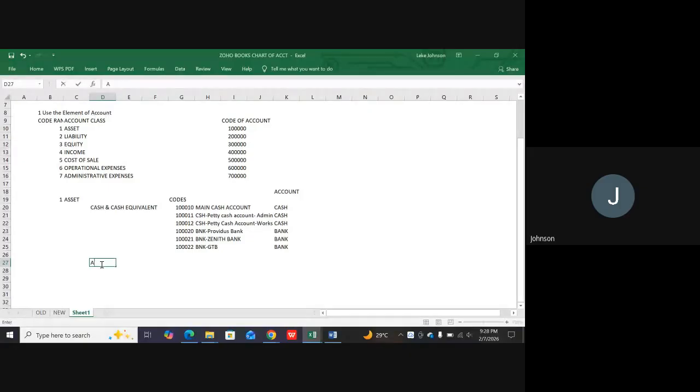We have our account receivable. So there are people that you can easily convert to cash. So come over here. And the code now is going to be like we are done with